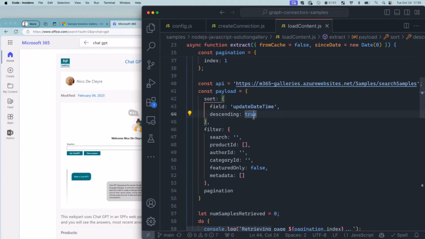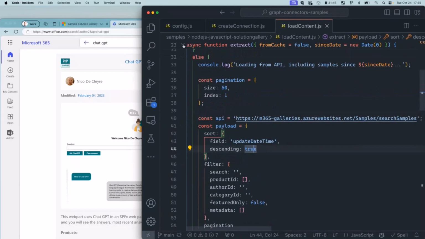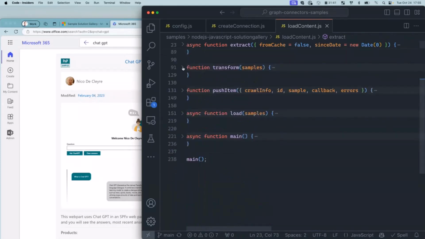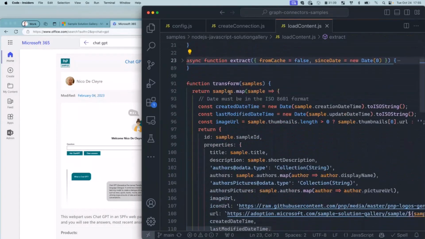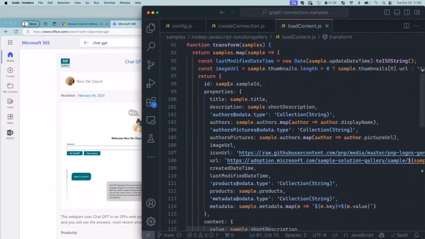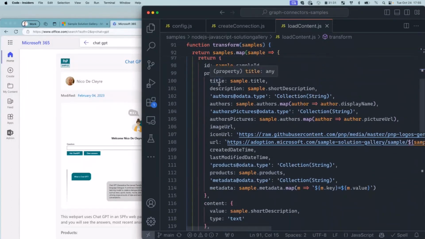The code you write here is going to be different for every store you connect to. And out of that, you will basically get the data in the same shape in which it is stored. Then the next step is to pass the data and change its shape to map it to the schema we defined. So here you will see exactly the properties that we set: the title, description, authors, URLs, and all of that. That is where we change the shape from the source to the data that we want to show eventually in Microsoft 365.